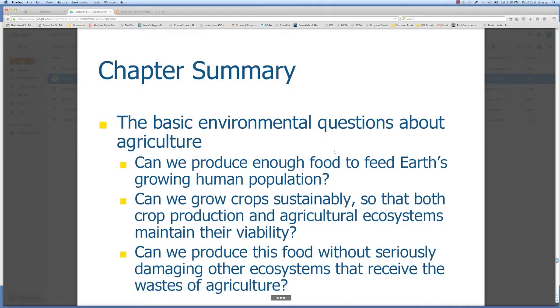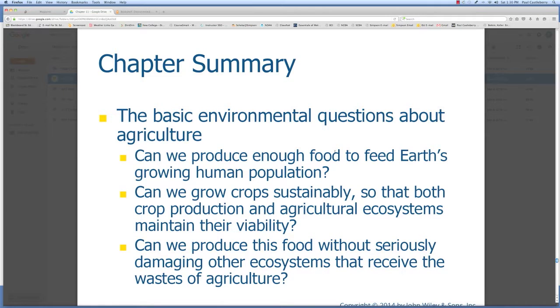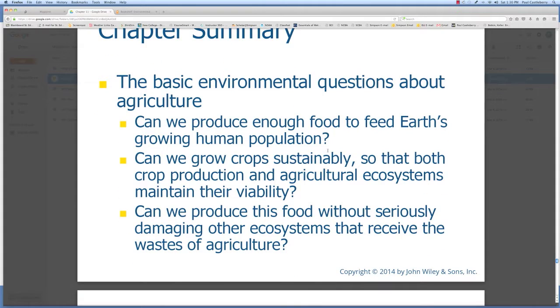So there's a lot of trade-offs. Okay, the summary of this chapter. The basic environmental questions about agriculture: Can we feed the Earth's growing population? Can we grow crops sustainably so that ecosystems can maintain their viability? Can we produce this food without seriously damaging